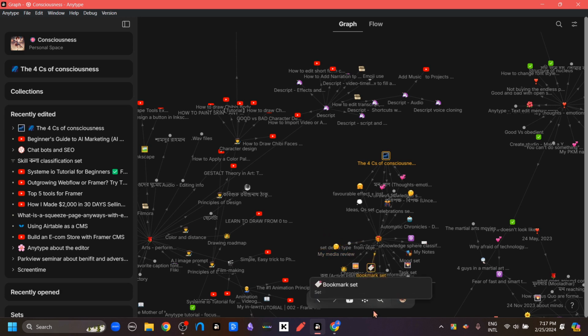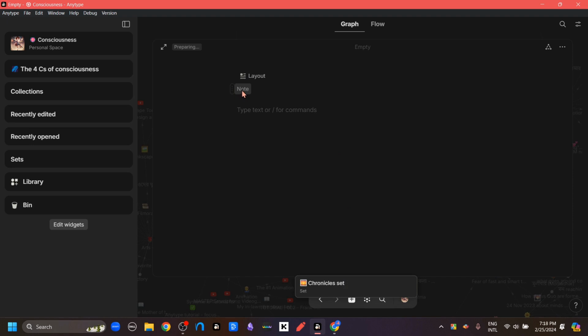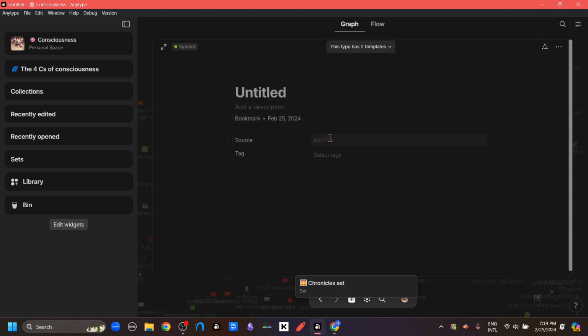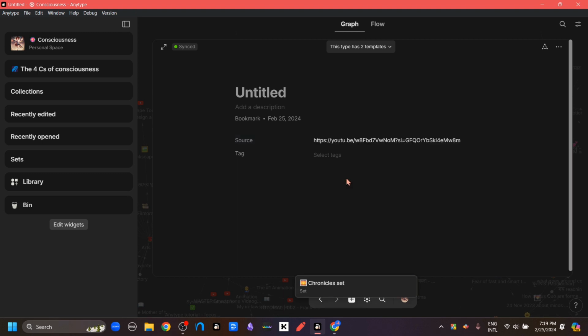To demonstrate this, I'm just going to create a new object. We're going to click this plus button and change the type to bookmark. Here we can see that there is a relation called source, and if we click the field here and paste in a link, I have already copied a link from one of my own YouTube videos. I'm going to paste it here by clicking Ctrl V. As we have been seeing, there are three options here. One is to open link, one is to copy the link, and the third one is to reload from source. If we click this reload from source option,